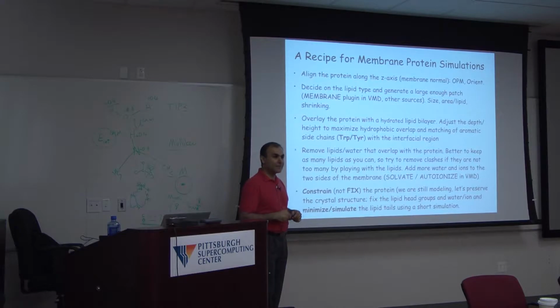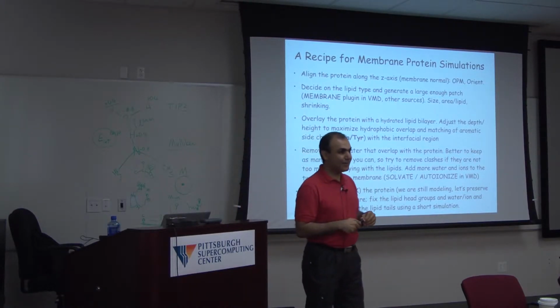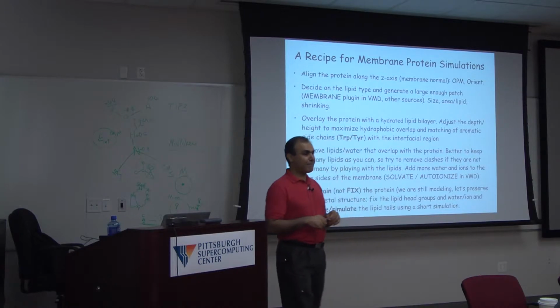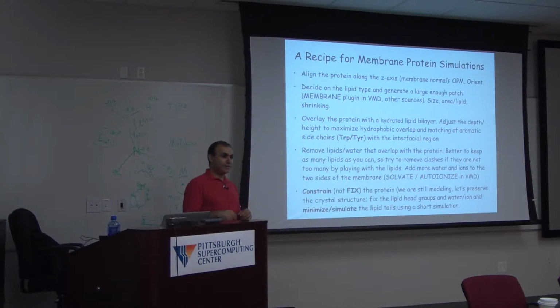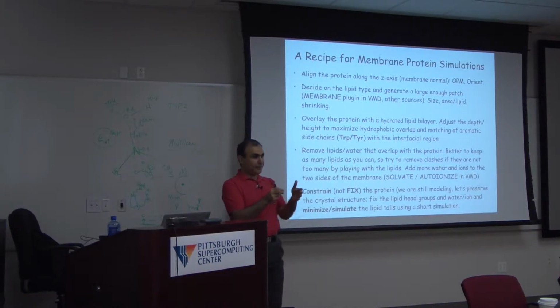The strength of the spring constant? Say it again. The strength of the spring constant, or the potential constant for each potential? Well, fix means it's fixed. It doesn't change at all, right? The position is fixed. Whereas constrained, you constrain it, you ask it to stay around its initial position by applying an additional harmonic